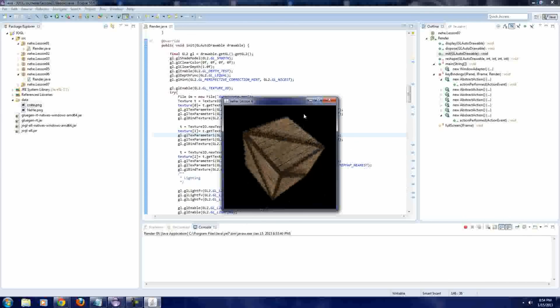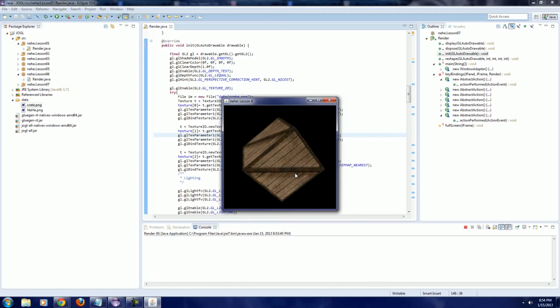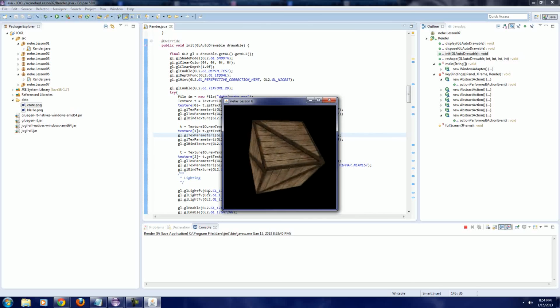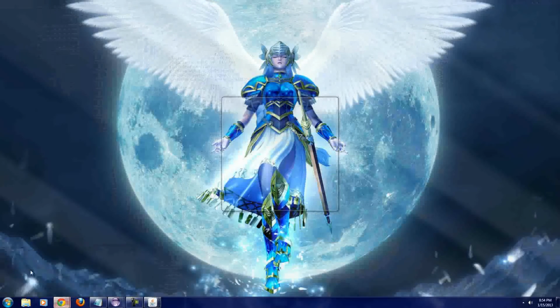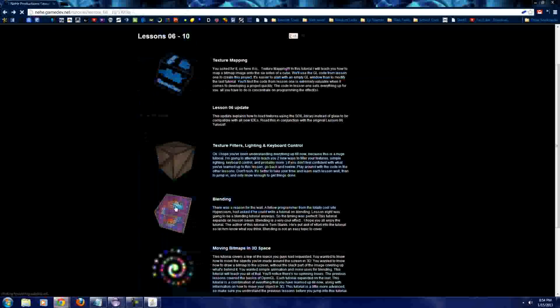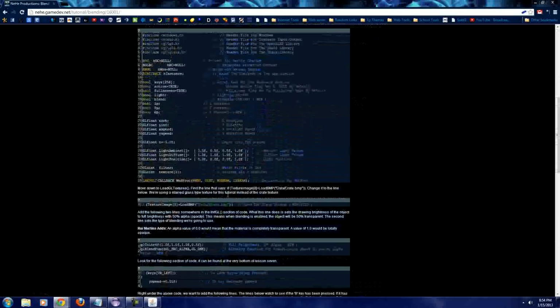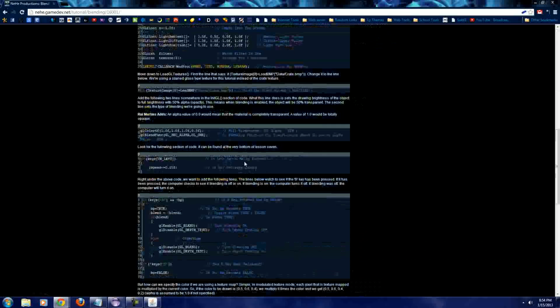In our next tutorial, we're actually going to be doing something a little bit more cool. Well, I wouldn't call this not cool. I mean, you can adjust the rotations using the keyboard. I mean, see, I'm hitting up, down, left, right. I'm hitting L. This stuff's interesting. But in our next one, let me pull up the thing and show you. We're actually doing what's called blending. So we're going to be making this sort of cube-looking object. We're going to be making it transparent. I enjoy it, so hopefully